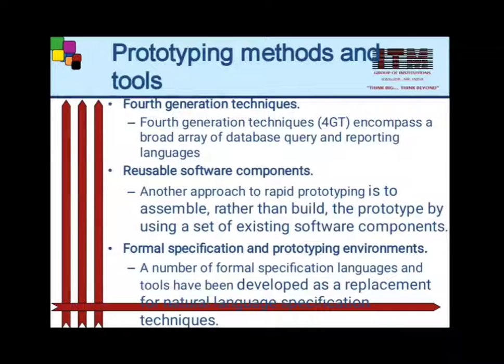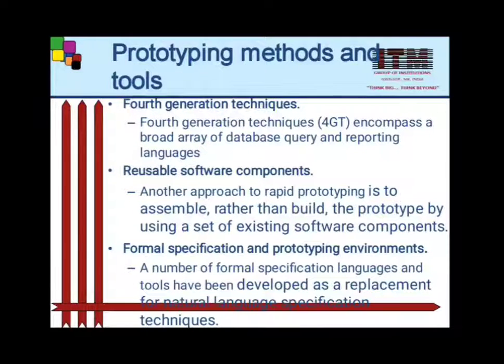Whenever we talk about the formal specification and prototyping environment, a number of formal specification languages and tools have been developed as a replacement for natural language specification techniques. Today, developers of these formal languages are in the process of developing interactive environments that enable an analyst to interactively create language-based specifications of a system or software.